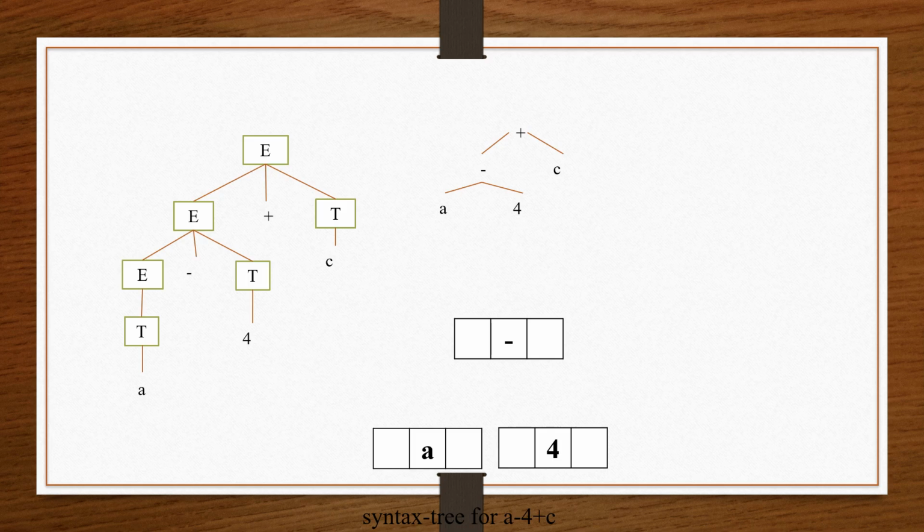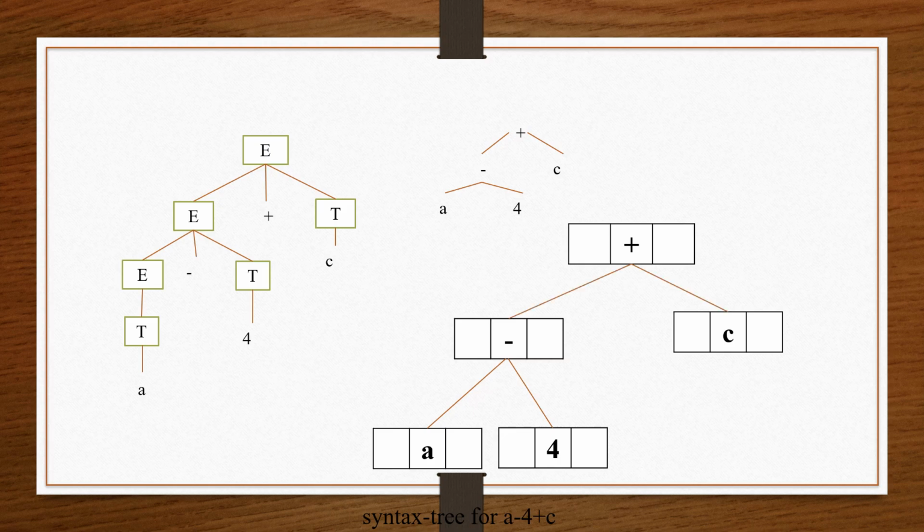Look at the grammar specification. It is minus, right? Look at the second production. It is minus E1 node, comma T1 node. E1 node contains the address of the left child. T node contains the address of the right child. So this specification is enough. After that, we have C address. It is a leaf node whose address is assigned to T node. Now you create plus. So this plus contains the address of the left child as well as the right child. Which is the left child? E node. Which is the right child? T node. So this is production number 1.